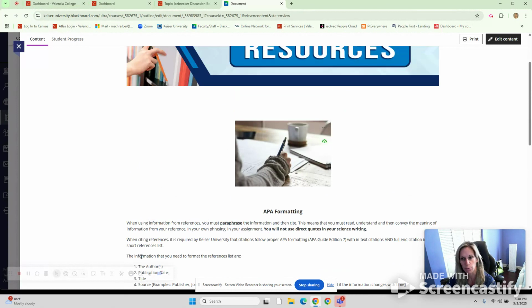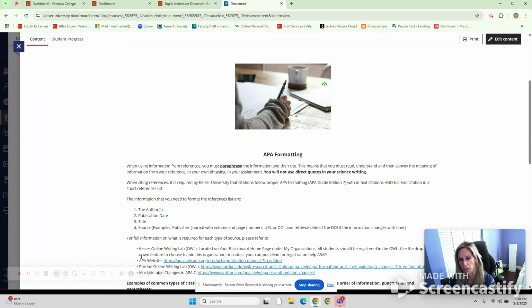So hopefully these examples will help you to understand how to use APA formatting in the references list and in-text citations. But if you need additional help, you can use the Kaiser Online Writing Lab, or you can